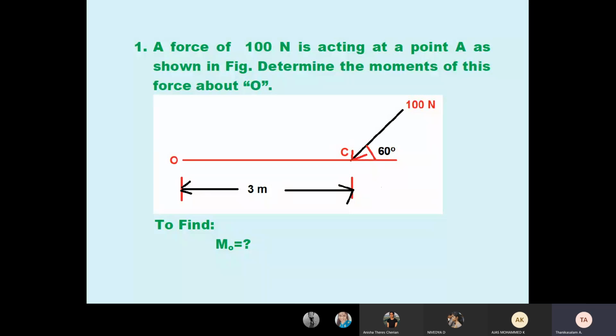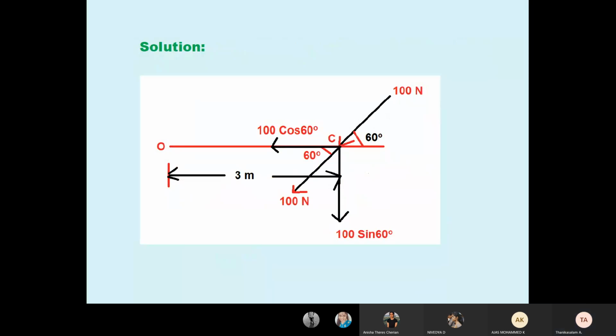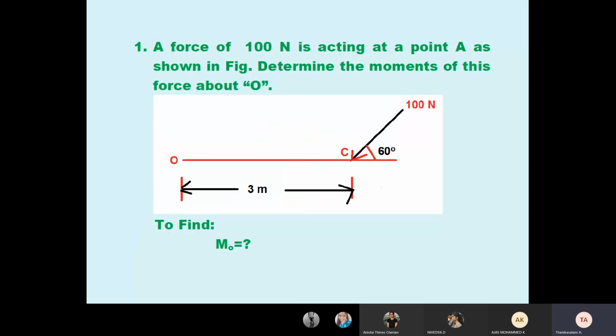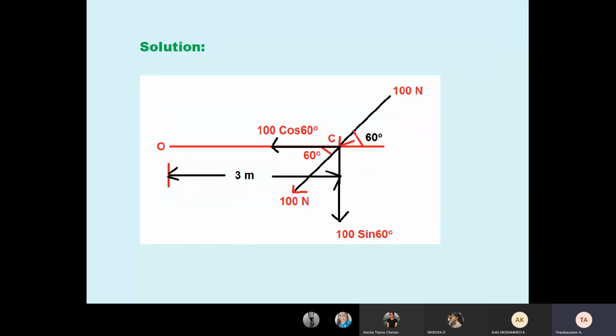But you see, is the force perpendicular with respect to O? Not, because it is inclined. So we must resolve it. Already many times I told you, if any force is inclined, you must resolve in 2 directions, x direction and y direction. See the next diagram. So I resolved. The 100 Newton looks like first quadrant, but not first quadrant. See the arrow mark, it goes to the third quadrant. So I projected in the third quadrant.